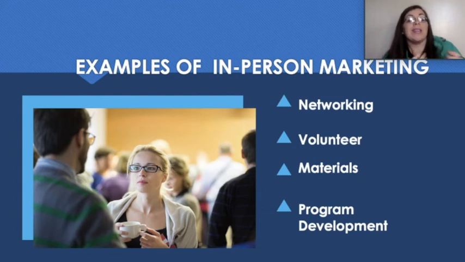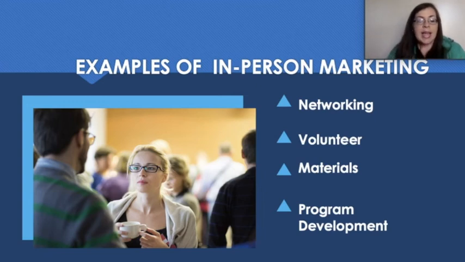Materials. So you're going to want to think about what kind of materials are going to be effective for you. I have tried every kind of marketing material out there, and paper marketing materials, although they're great, honestly, for me, they're a huge waste of money, because unless I'm doing a presentation and unless I'm getting in front of the people I want to serve, nobody's understanding what occupational therapy is. Nobody's understanding my worth. I have to be able to speak with them. And that is how I've gotten to where I am, is by having a lot of conversations. I find brochures, and although people take brochures, I don't think that they're actually read. So I stopped spending money on that.